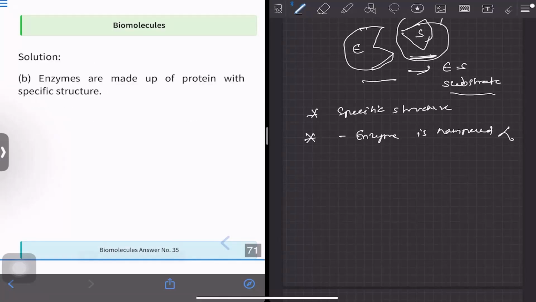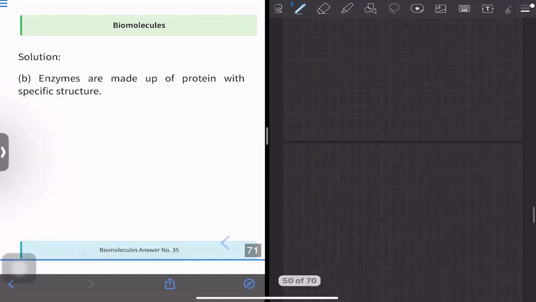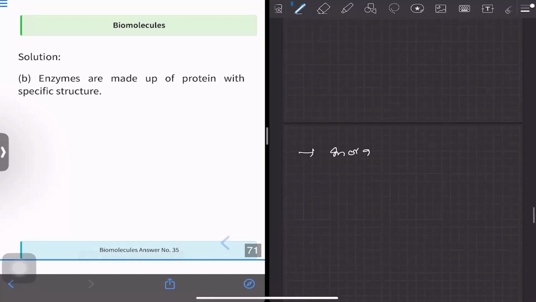See, this is the chapter of biomolecules. This is the PYQ of biomolecules. We all know that biomolecules is a very tricky chapter. You have to revise biomolecules. Biomolecules comes under inorganic chemistry. See, inorganic chemistry is just like bio.